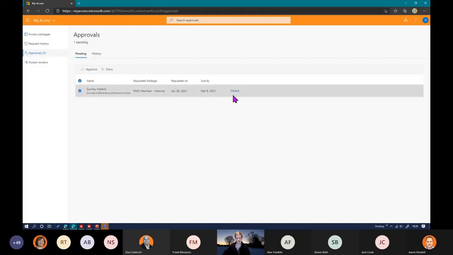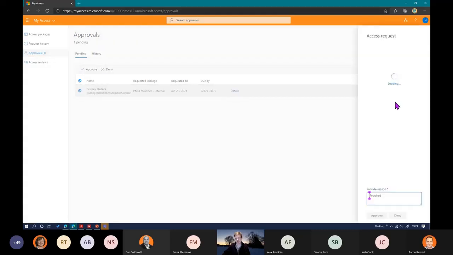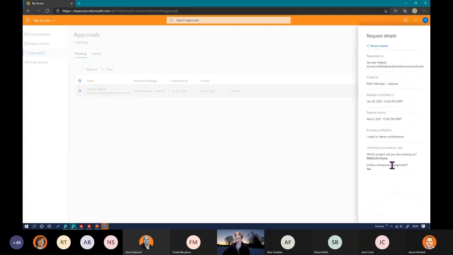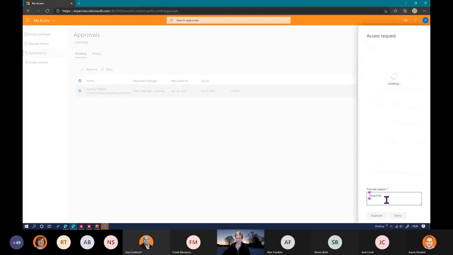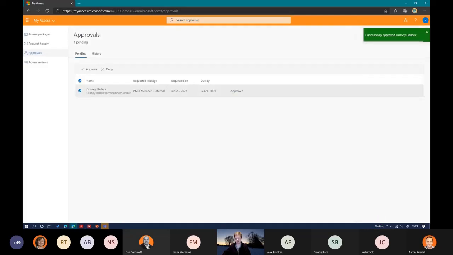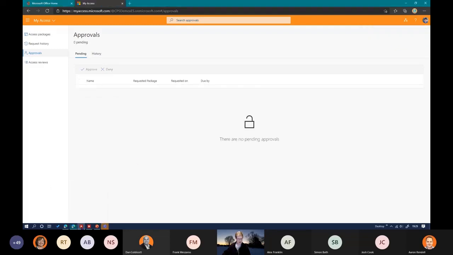I'm basically coming in here, I look at the details, and I can see the questions that have been asked. So I can see I need to demo entitlements. This is the demo that I'm working on. From there, I can put a reason. Again, imaginative reason. I can click on approve. That'll say that it's been successfully approved. And then I'll come through here and hopefully